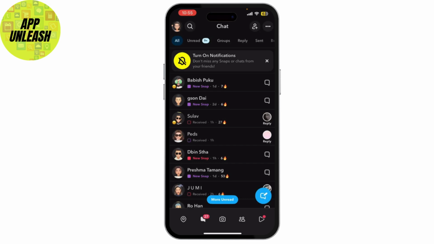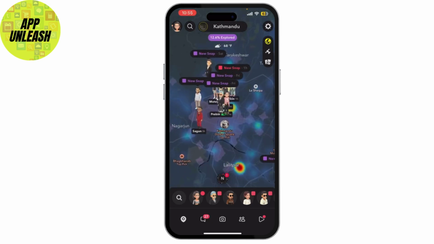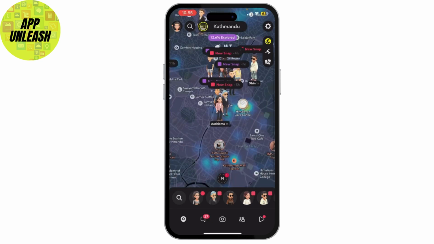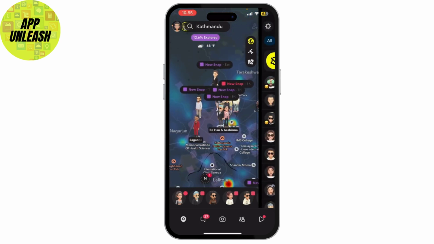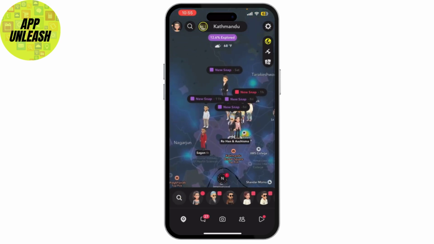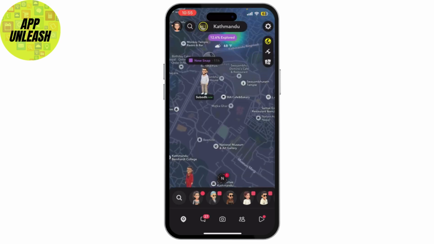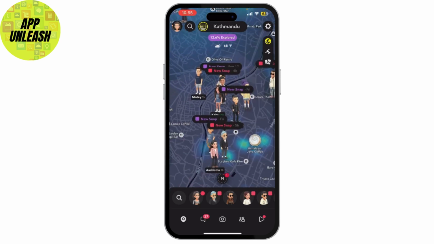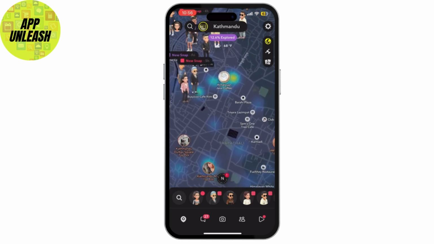If you want to see if someone is online in a more visual way, you can check the Snap Map. Go to the Snap Map, pinch or zoom out on the camera screen or tap the map icon. Here you can see who is active. As you can see, this person was active 5 hours ago and this was 11 hours ago. You can see like this whoever is active,